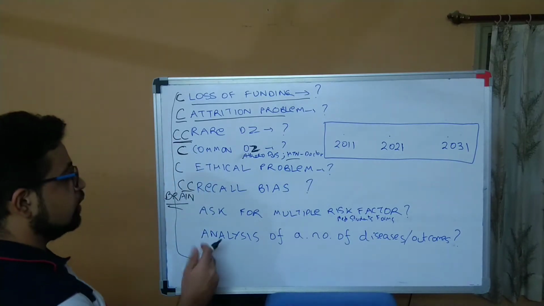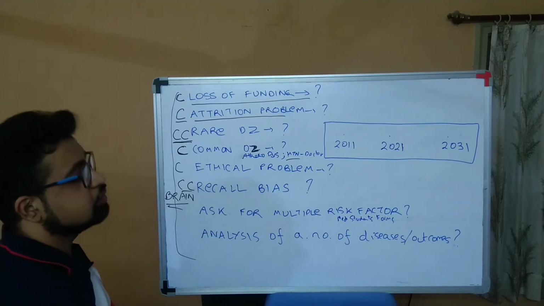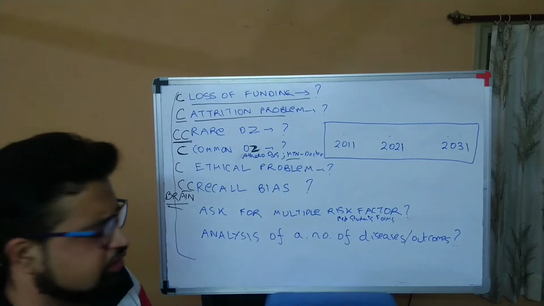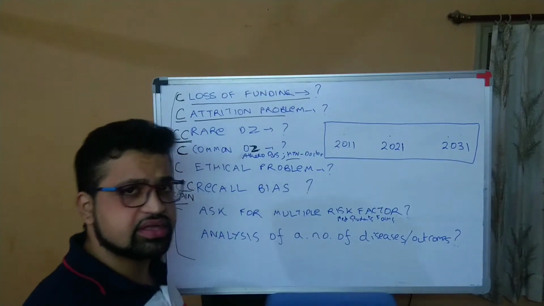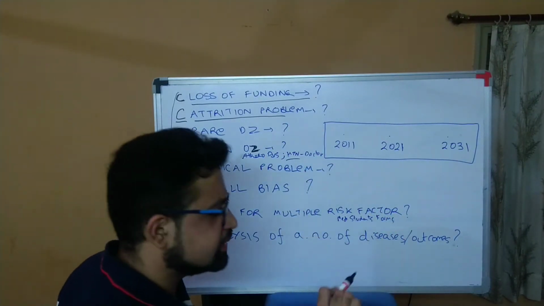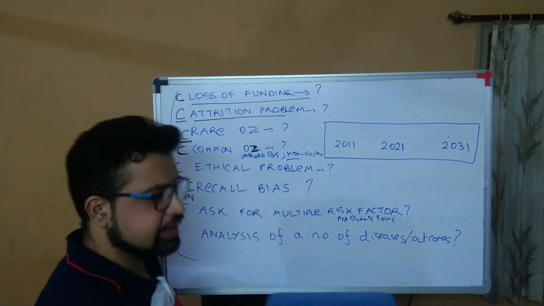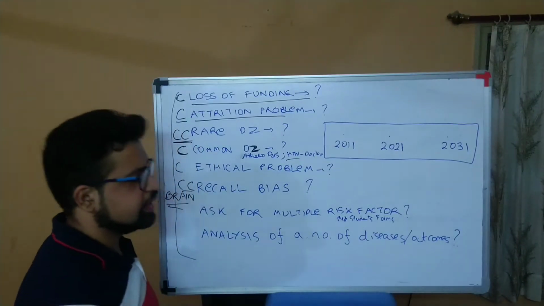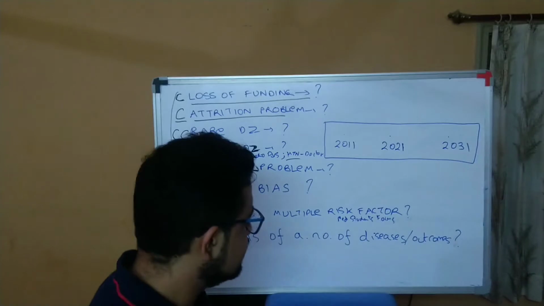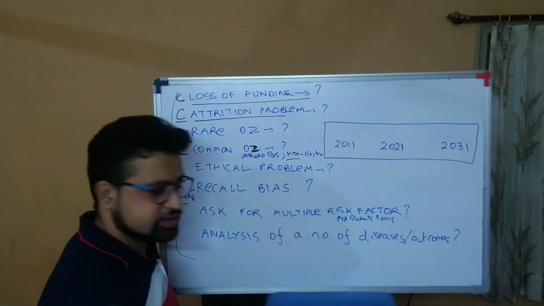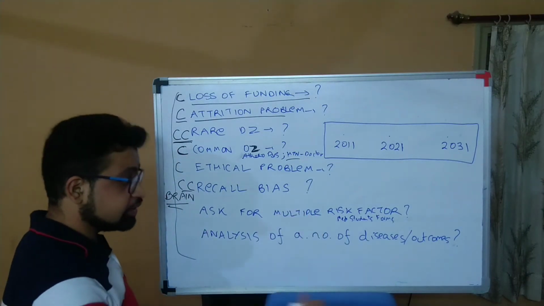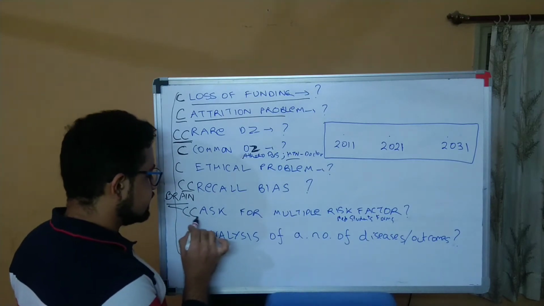Now, in which type of study can you ask for multiple risk factors? Let us take the example of our college. In case control, you are giving them forms, so you can ask for multiple exposures. For a lung cancer patient, you can ask how much they smoked, whether they have any family history, any other tobacco abuse, any other industrial exposure. You can ask for multiple exposures; the whole form is there. Medical students know, in this analysis we give so many questions, right? So, multiple risk factors, you can go for case control.